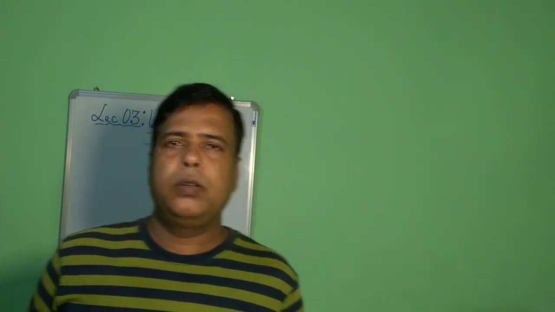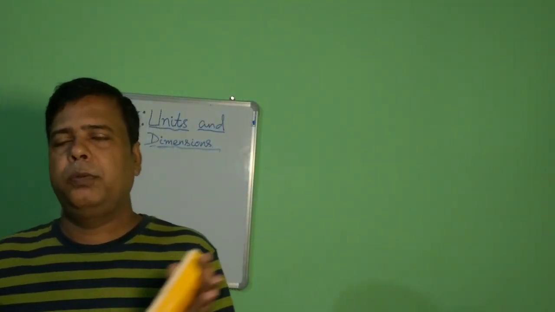In lecture 2 we have studied what is a unit, what are systems of units, all those things, and 7 fundamental units under the SI system of units. And in this lecture we will study those 2 supplementary units that are also used in the SI system. Apart from that, we will study how to find the derived units from fundamental units under the SI system and convert values from one system of units to another. Those things we will study in today's lecture.